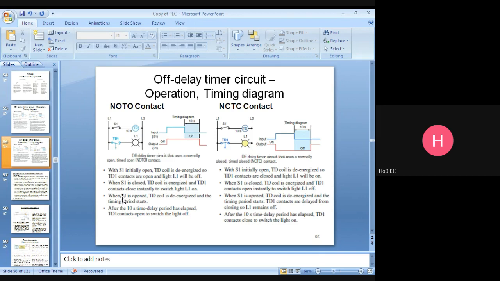Now S1 is opened, the off condition. The DD coil is de-energized and the timing period starts, 1 second, 2 seconds, 3 seconds like that. After the 10 second time delay, DD1 contacts open to switch the light off.